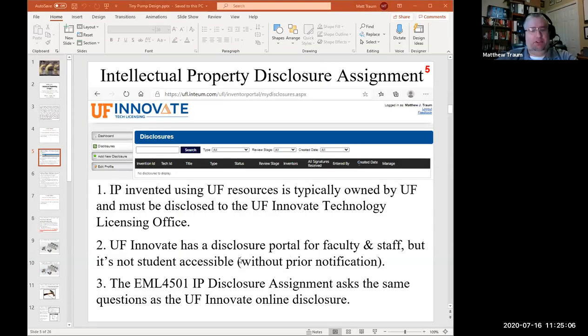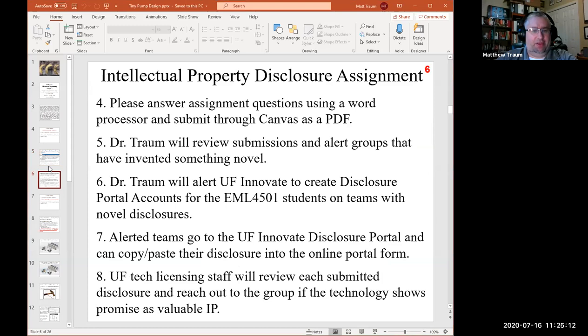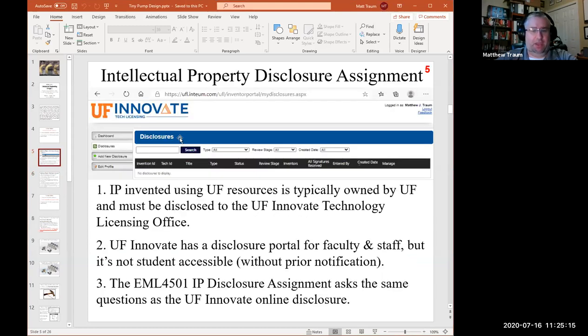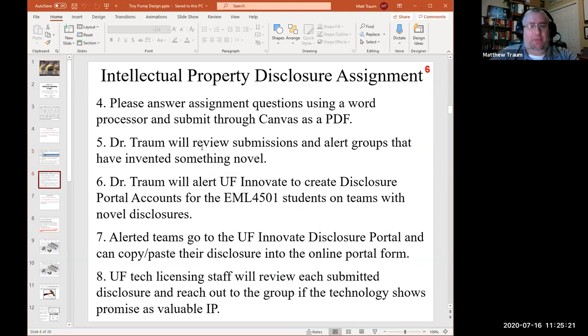The process after that is, once you submit that PDF of all the answers and responses to the web form effectively into Canvas, I am going to go through all the submissions and let individual groups know. There's 7 of you. Let individual groups know whether you have invented something novel. So this was the UFINNOVATE office wanting some sort of filter. They didn't want like 23 disclosures, because then they would have to go through all 23 disclosures. And more often than not,